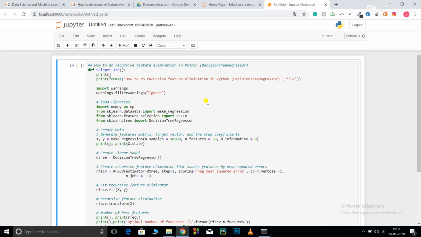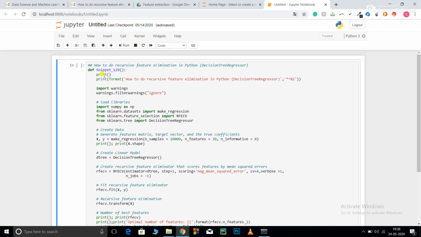After that, it again builds the model with one feature less, and again calculates the feature scores as well as the accuracy for your model. When, in the next successive iteration, the model accuracy starts decreasing, it stops its feature elimination, it stops its recursion, and prints out the most optimum number of features. So this was all about recursive feature elimination.